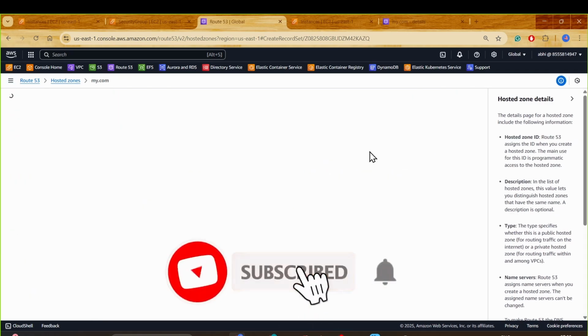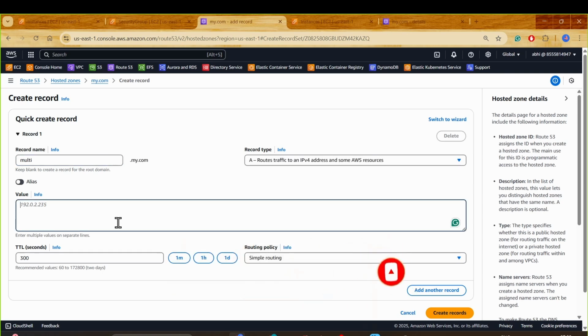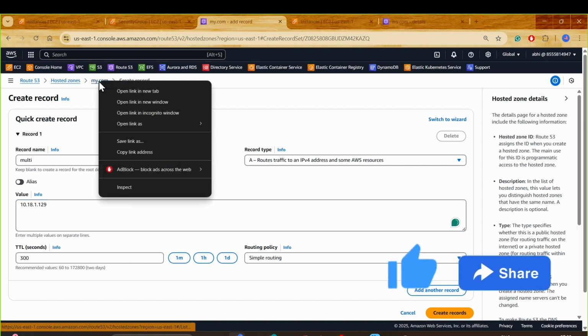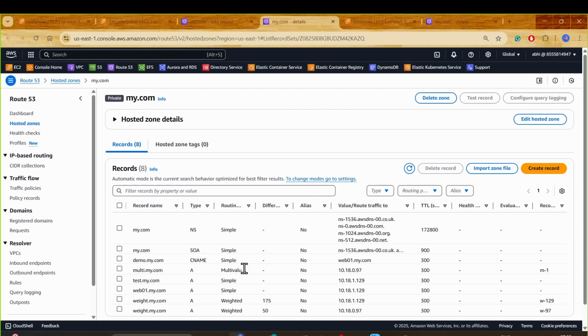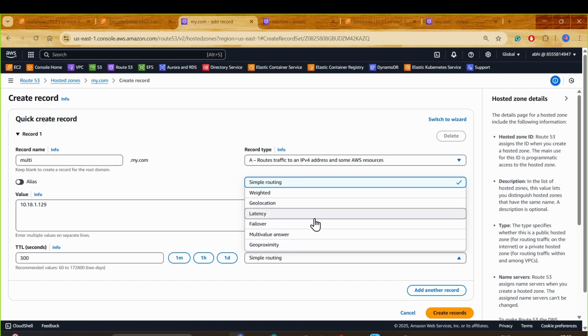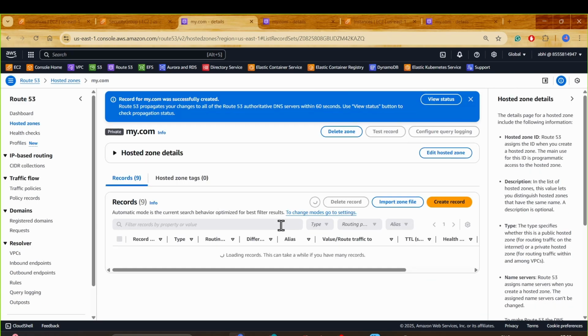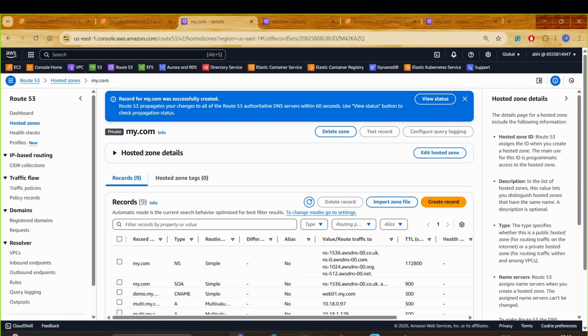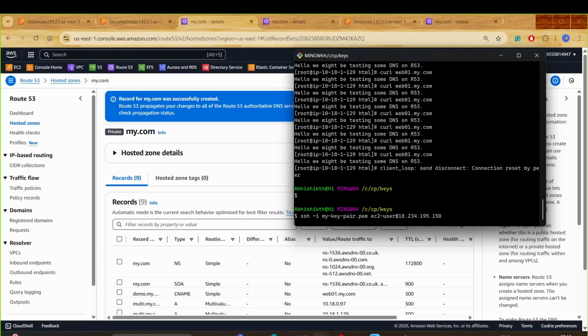I create the one that is multi, multi, and we are going to keep the DNS. Which DNS is the first one having? Is it 129 or 97? Multi is having 97, so this one should have 98, and I want to keep it as multi. There is just multi value, and I call it as M2. I create the record. Now, if I do an NS lookup for this guy,